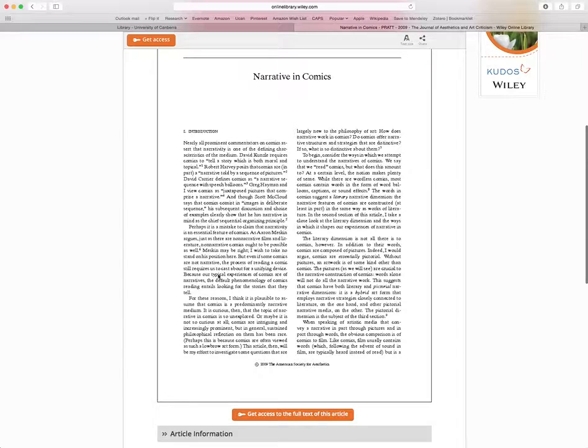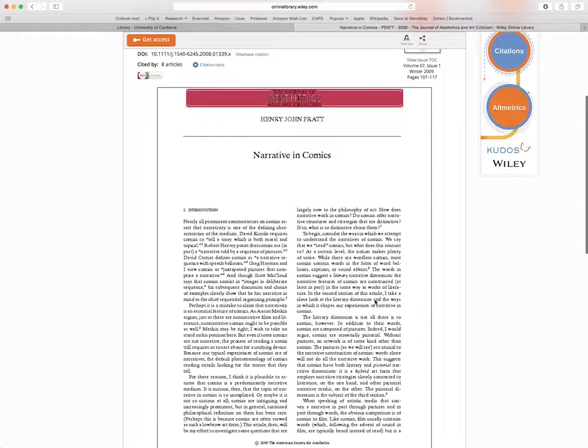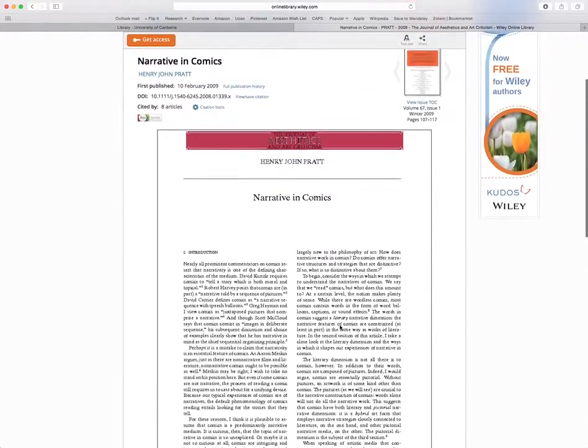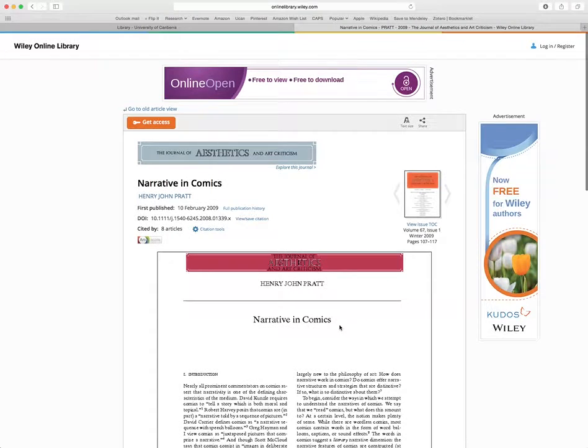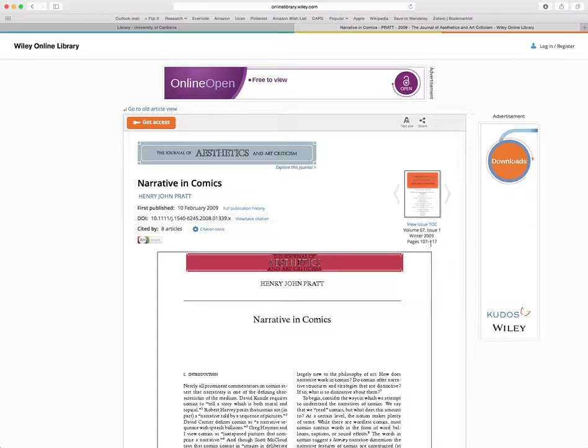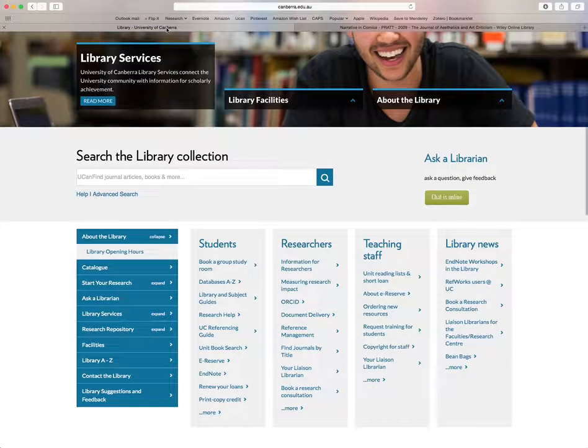And it looks like it could be quite useful, because it's talking about how they structure narrative in comics. So I think, yes, I would like to get the full text. And over here, I can see that it's volume 67, issue 1, winter 2009. If I go back to the library homepage and I click on databases A to Z,